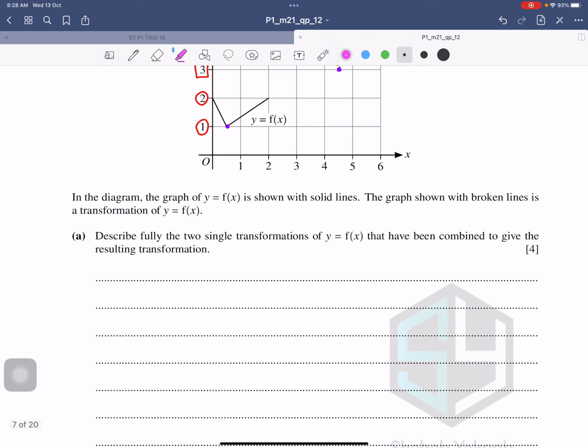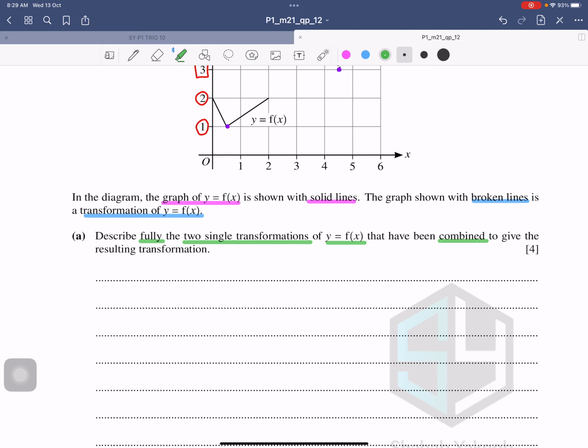Of course, in the examination, you cannot use a highlighter, but you can, of course, underline it with a pencil. In the diagram, the graph of y equals f(x) is shown with solid lines. The graph with the broken lines is a transformation of this particular graph. What are you supposed to do? Describe fully, that means in detail, two single transformations of y equals f(x) that have been combined to give